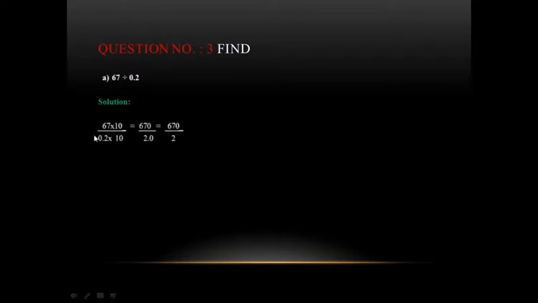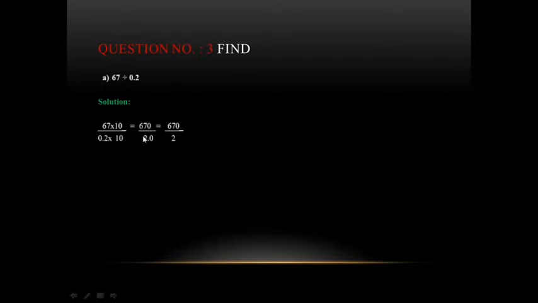now notice here carefully, here 67 divided by 0.2 is given, but we don't want the decimal number, and this decimal number we have to convert into a non-decimal number. So we know that when we multiply 0.2 with 10, that time we have to shift the decimal to the right side, and if any digit is not given at the right side then we will write it as 0. So if we are multiplying the denominator of a decimal number by 10, then we have to multiply the